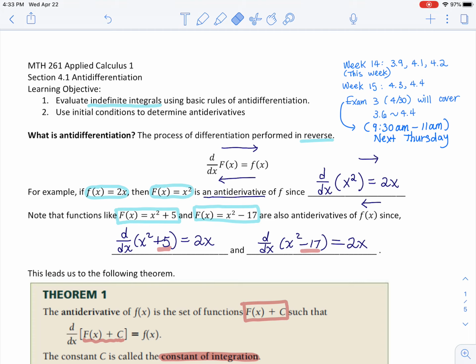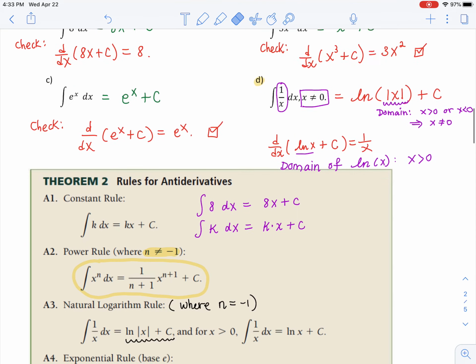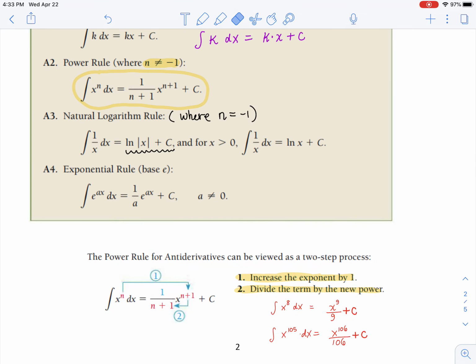Hello guys, I'm back recording the second part of 4.1 anti-differentiation. The first part took about 40 minutes to go over how to evaluate indefinite integrals using some of